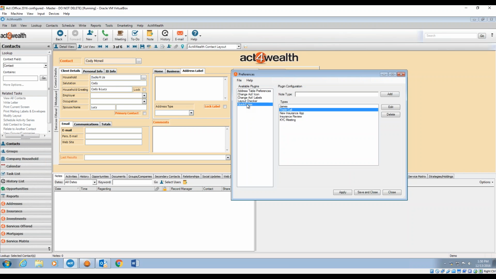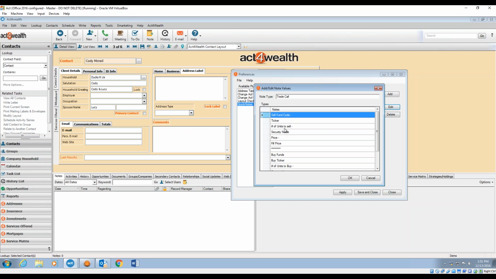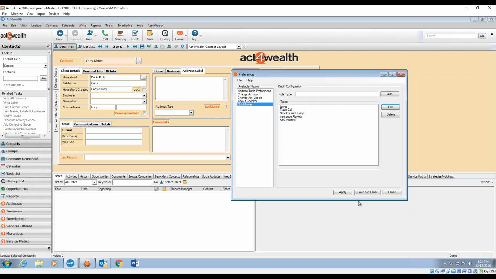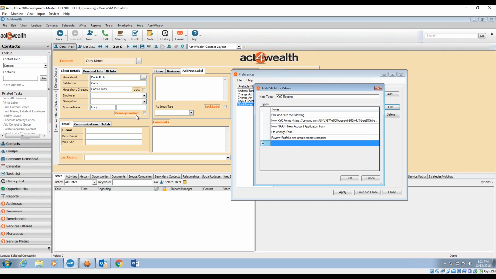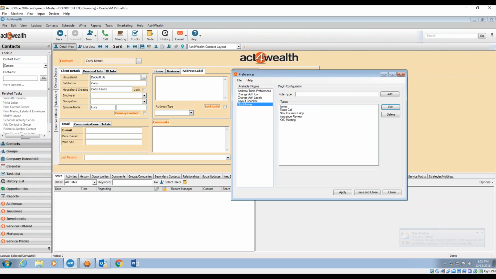The last piece we have in here is the quick notes. A lot of the things that you do over the course of a day are repetitive for a lot of businesses, and this can be used in any business. Again, we're just showcasing the Act for Wealth product here. But you can go in and create all of the different items that you need to do when a trade call comes in for a financial advisor. You can have a new insurance application where you need to follow all of these steps and get all of this information before you go to a client's home to do your meetings. Once you've created all of these quick notes, you can have as many as you want, and as many lines in this section of the quick notes as possible. As you're going along, you can just type and it just keeps adding new lines into your quick note for you. So to show you how this works,